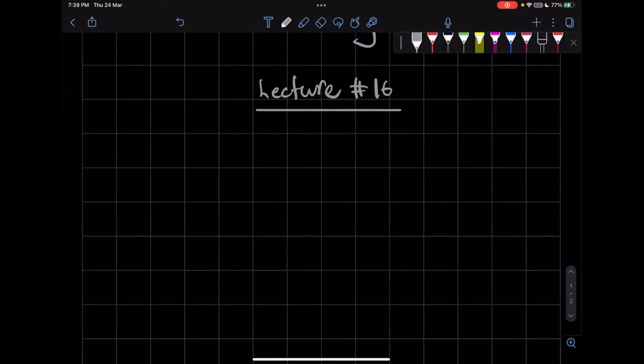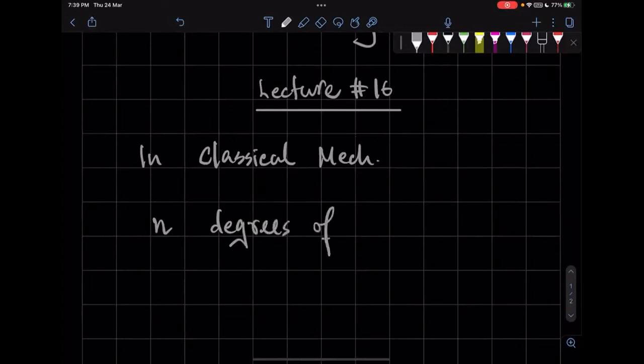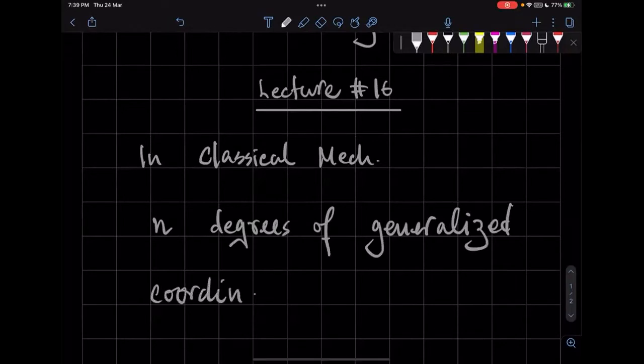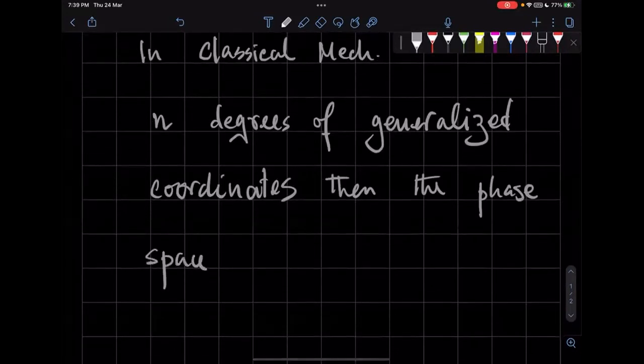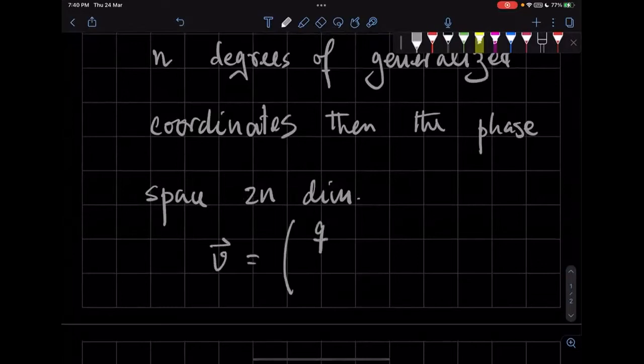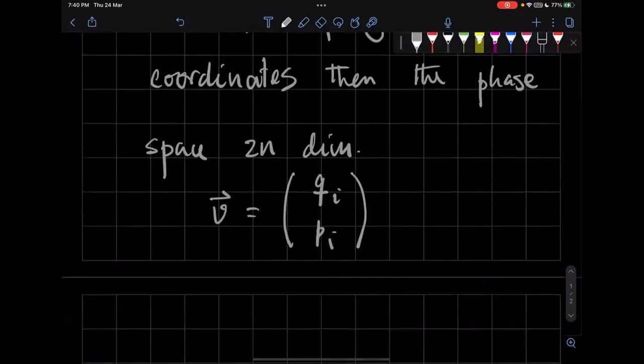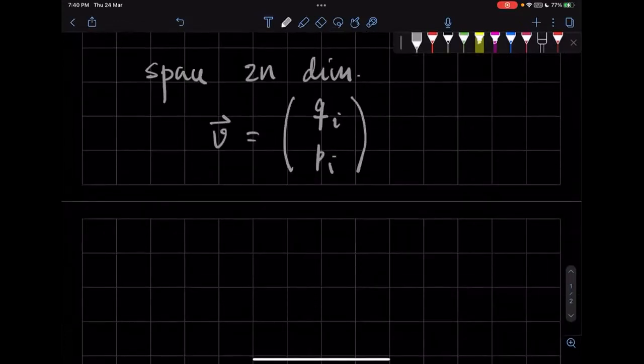In classical mechanics, if you have a system with, say, n degrees of freedom or generalized coordinates, then the phase space is 2n dimensional, and a point in the phase space can be thought of as all the QIs and the PIs. The geometry of the phase space is defined by a two form,